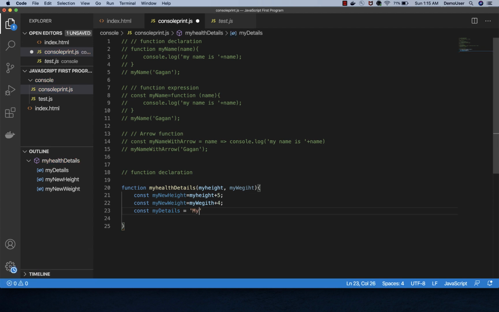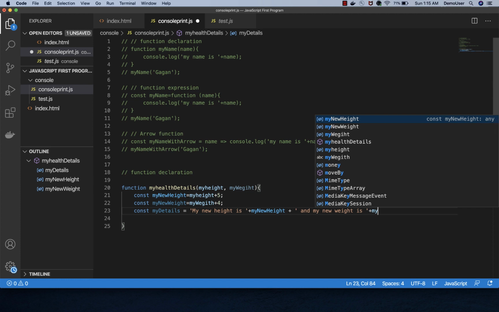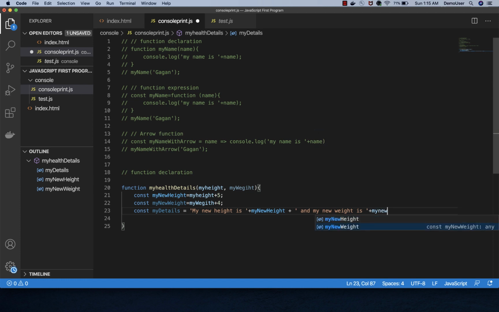I'm saying my new height is plus my new height, and my new weight is, and with this we are trying to simply give a console log.